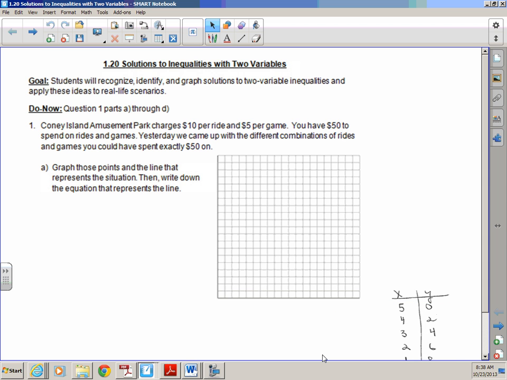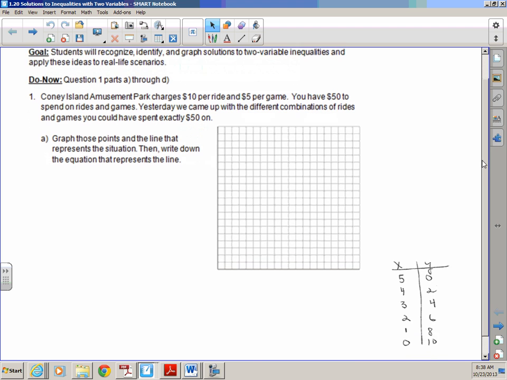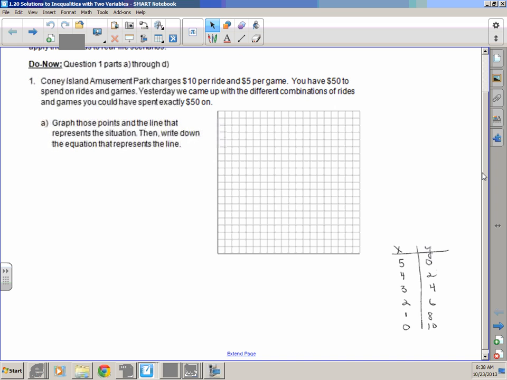The purpose of today's lesson is to recognize, identify, and graph solutions to two-variable inequalities and apply these to real-life scenarios. To do this, let's go back to the problem we did yesterday with the Coney Island amusement park, where we came up with the scenarios that if you had a $50 budget, what were the combinations of rides and games